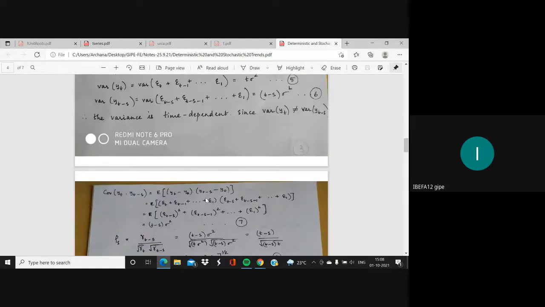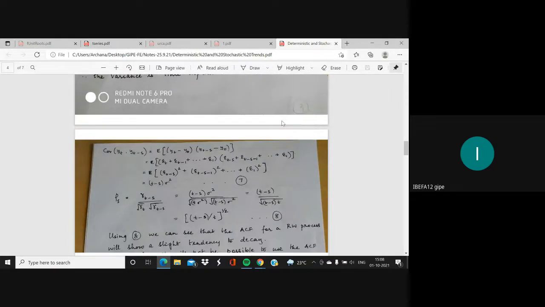Okay, so what you find from these two is that the variance is dependent on time, it's not constant. The same with the autocovariance. Because of this, if you look at the autocorrelation function for a random walk process, suppose your